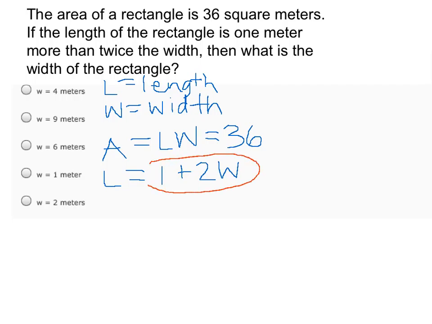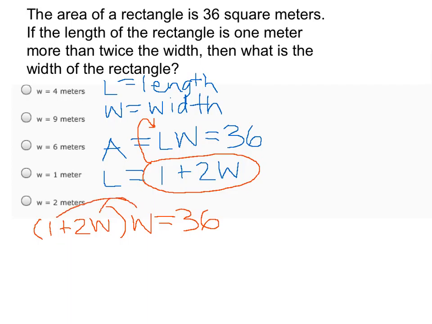Now we can use substitution by substituting 1 plus 2w in for L in this first equation. So then it would look like the quantity of 1 plus 2w times w equals 36. And we want to distribute this w into each term within the parentheses, and we have 2w squared plus w